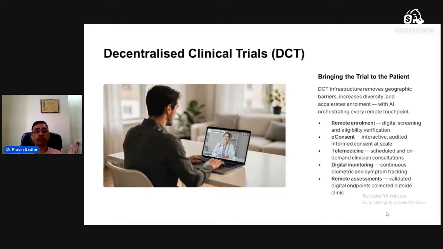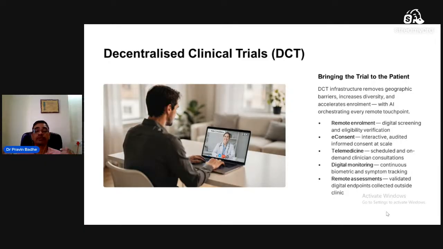I will be showing you on the platform. And then we schedule the healthcare consultation with the doctors, with the consultants, and then monitoring of the symptoms and the reported information is done digitally. So validating those digital endpoints is done with the help of the tool,